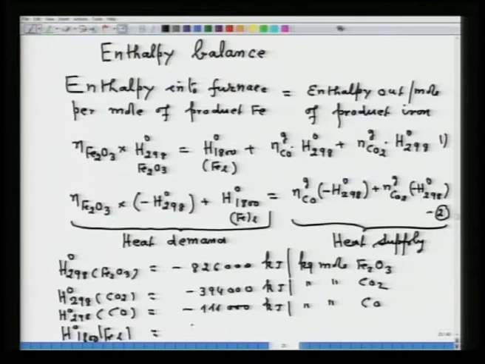So that value will be 73,000 kilojoule per kg mole iron. Mind you, it is plus. So if you substitute these values, we will get an equation: NFe2O3 into 826,000 plus 73,000, that is equal to